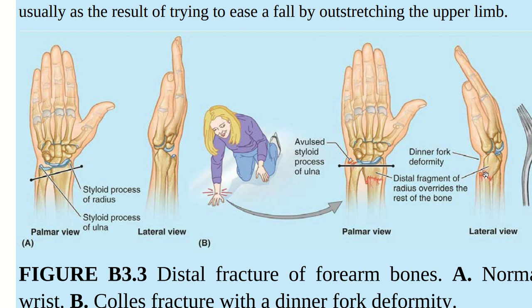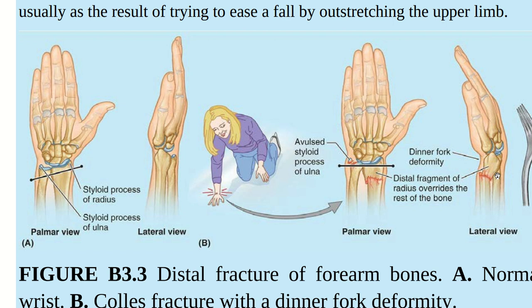This Colles fracture is actually common. It is the most common fracture in the forearm and mainly common in women that are above 50 years old. Why? Because of osteoporosis. Remember, due to menopause, there's going to be a decrease in the estrogen hormone concentration, and that can lead to osteoporosis, right? So you are going to actually have the distal portion of the hand